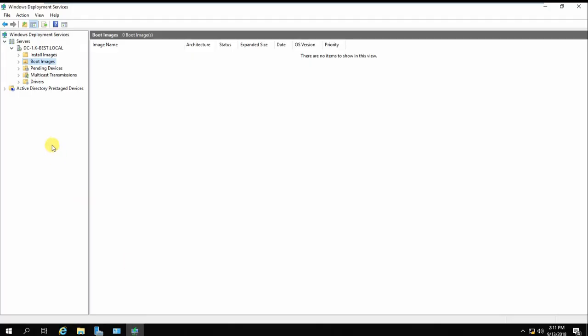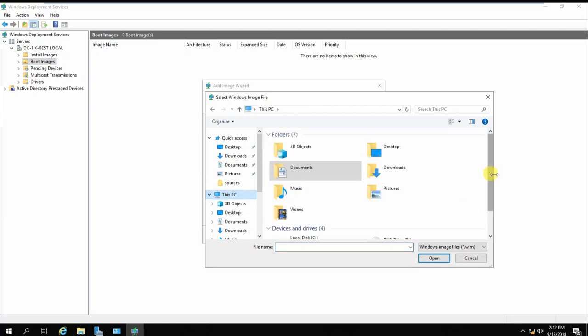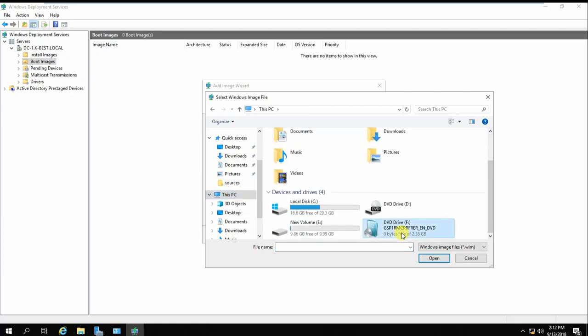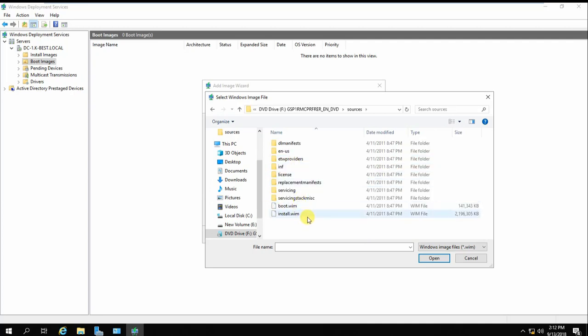Open up your WDS server. Click on boot image, right click and click add boot image. Navigate to your mounted Windows 7 ISO on your computer. Go to the source folder, and now you are going to see the boot.wim and the install.wim. This is a boot image, so we are going to pick the boot.wim and click open,